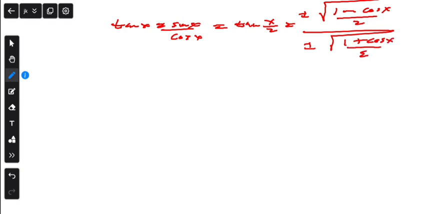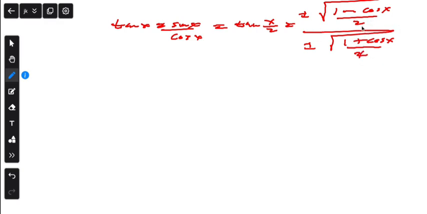So one thing that you need to understand here is that when it comes to these identities for the half angles of sine and cos, they are going to have the same formulas, but the only difference is the sign. Okay, here we are having a negative and here we are having a positive. For sine, you are going to have a negative. For cosine, you are going to have a positive. So as you can see here, you are going to agree with me that